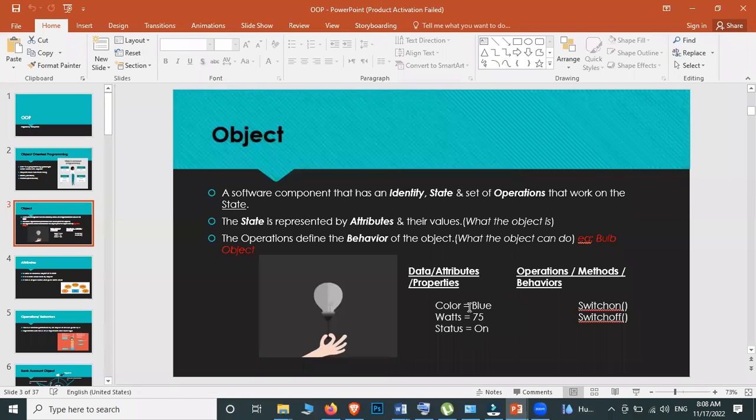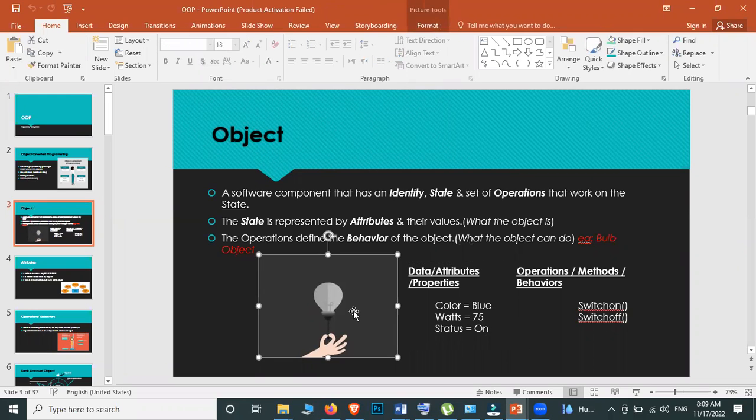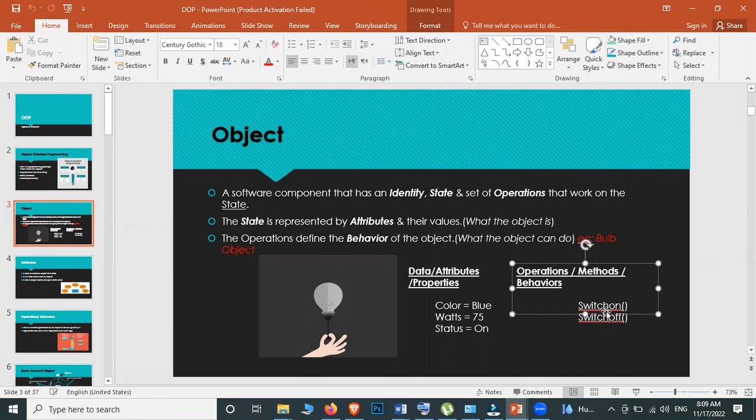Under the attributes you can tell the things that are related to the object: this object is like this, it has this color, what size it is, the status, on or off, those features. But when it comes to an operation or method, you are telling the things that we can do with the object.